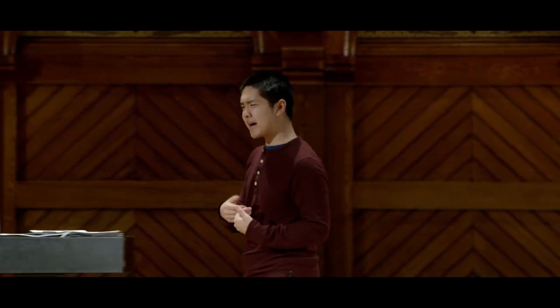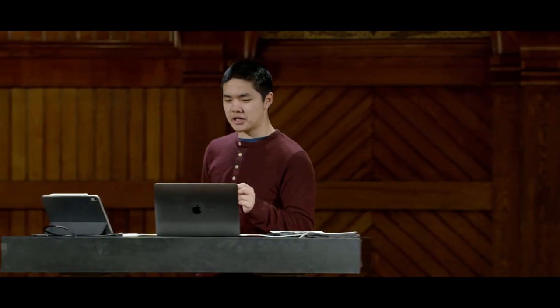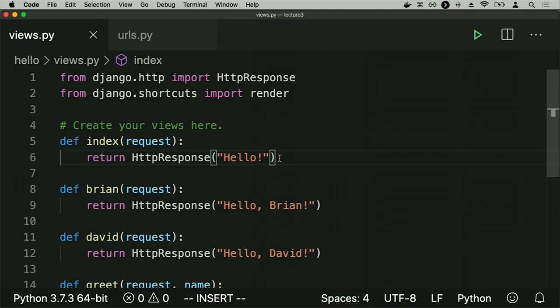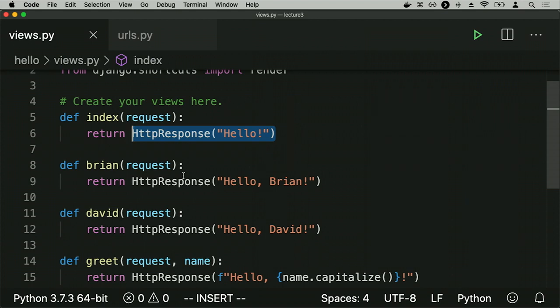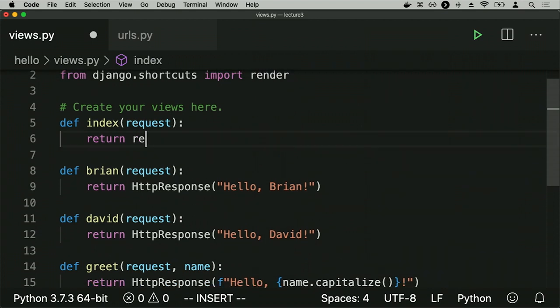And so the way we can do that is instead of returning an HTTP response, I can instead, let's say for this default route, instead of returning an HTTP response of hello, let me go ahead and render. And when I render something, I need to pass in the HTTP request. But I'll also pass in the name of a template. And I'll go ahead and call this template